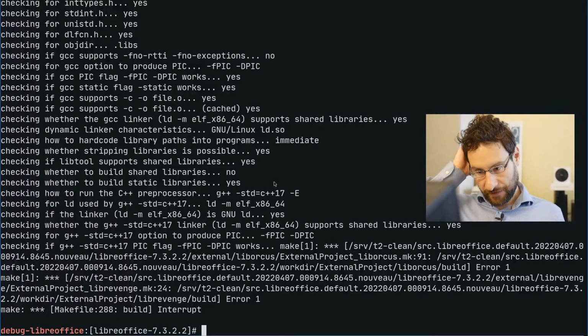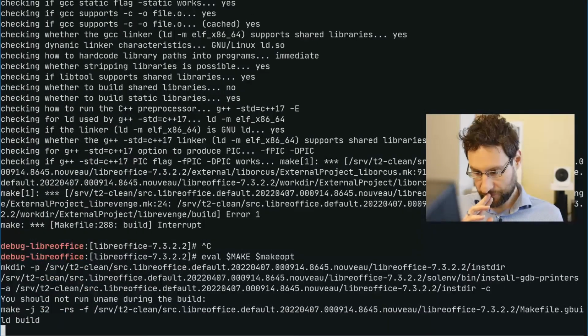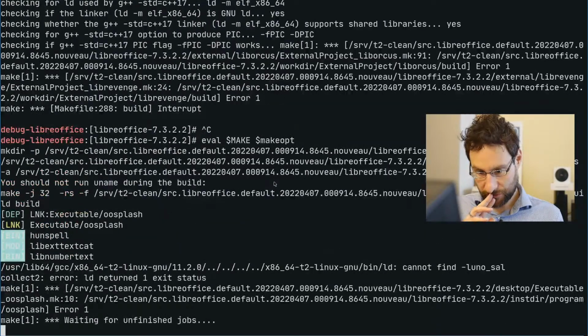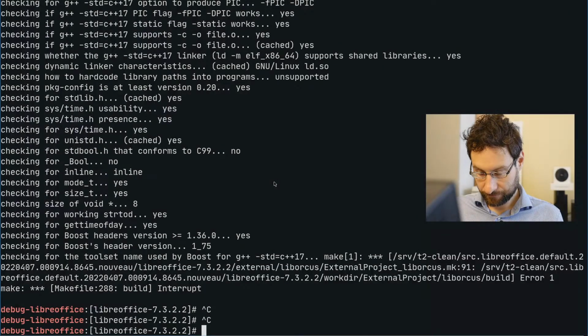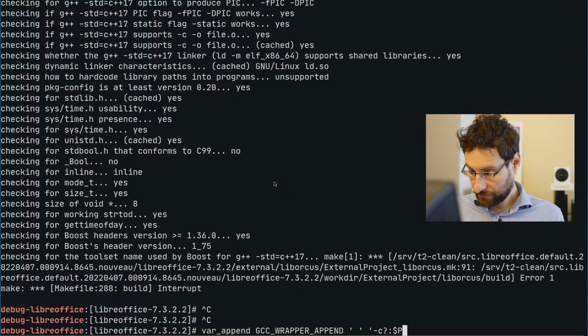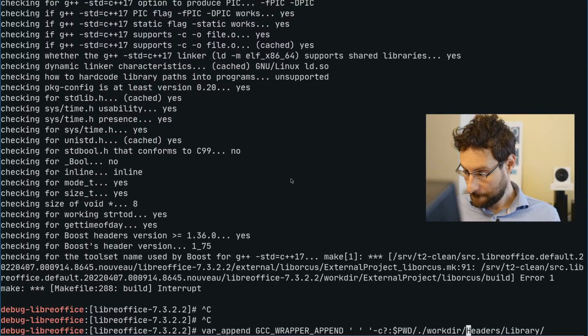What if we, what do they even, do they use GCC or LD? Does not necessarily. Okay, let's see if compile or links, that would be current working directory and that.